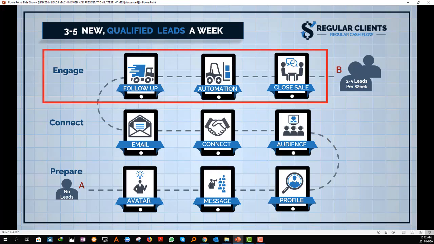And then of course the last thing is how to engage, right? So once we've made that connection, the next piece now is to keep it going, because there's got to be some sort of communication. All we're trying to do on LinkedIn is to connect. We're trying to open the communication channel, and then through that communication channel, we want to get them into a